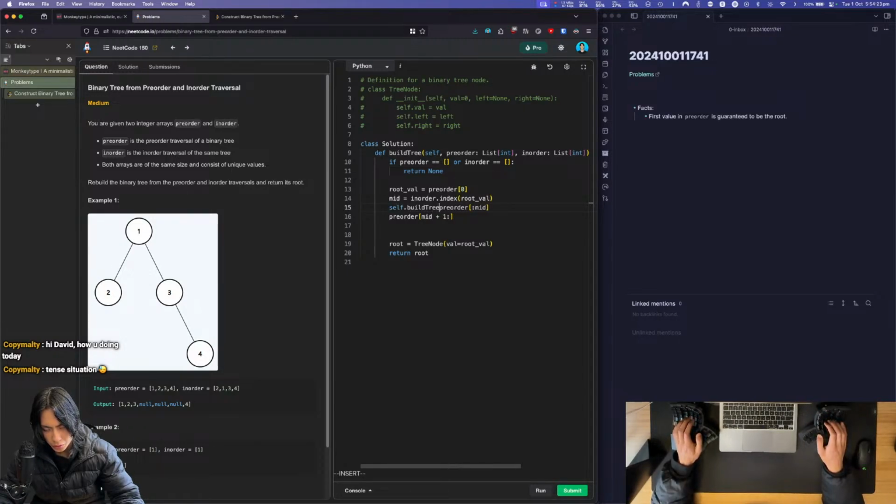Self-build tree, pre-order, and then something in order. In order is just the